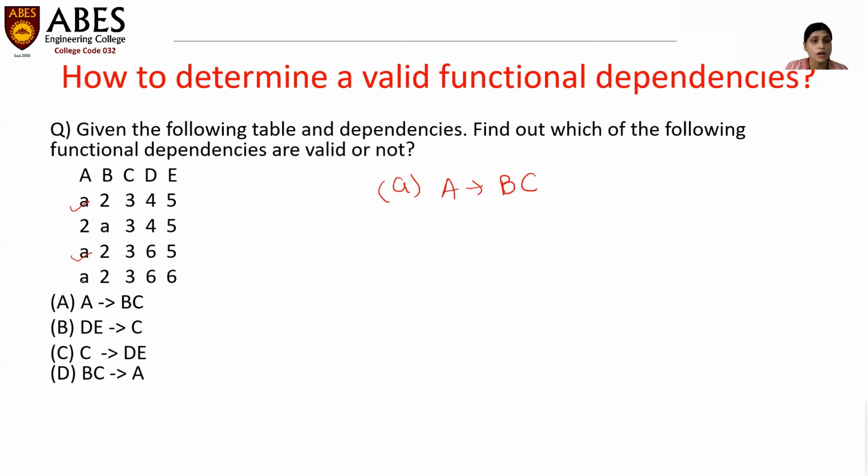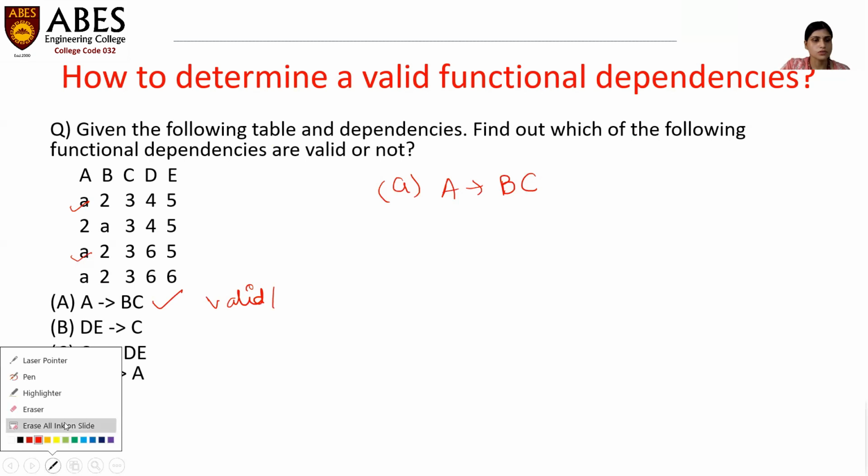That's not an issue. Now again, A got repeated. It got repeated 3 times. And in this case, when the value of A is small a, we are getting the value of BC as 2 and 3, which is the same in all of the 3 cases. So this functional dependency holds good. So this functional dependency is valid, because it is satisfying the constraint of functional dependency. Now let's check for option 2,